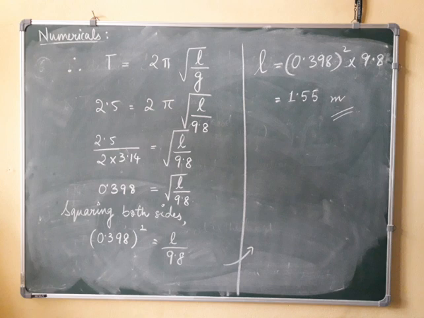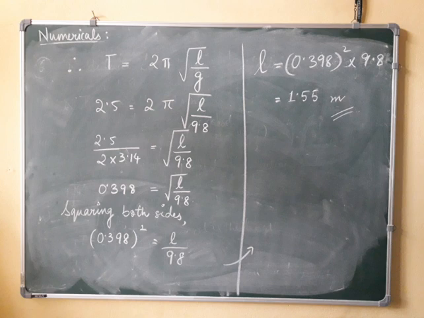Okay, so in this question they asked about the time period, but we are not given the time period. We are just given that the pendulum is completing 2 oscillations in 5 seconds. So the time period we will get from frequency. Frequency is how many times in 1 second the pendulum oscillates. So it will be 2 by 5, so the time period will be 5 by 2. Like that we will proceed.